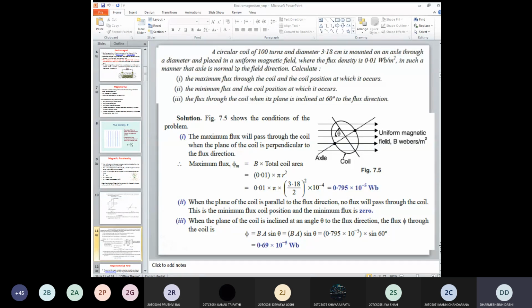Calculate the maximum flux through the coil